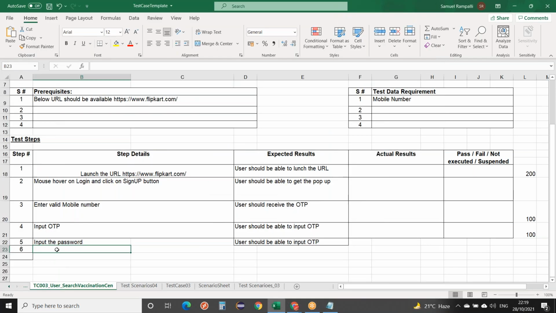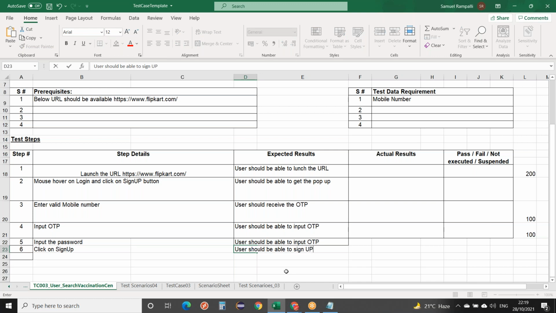Click on sign up, and then the user should be able to sign up.